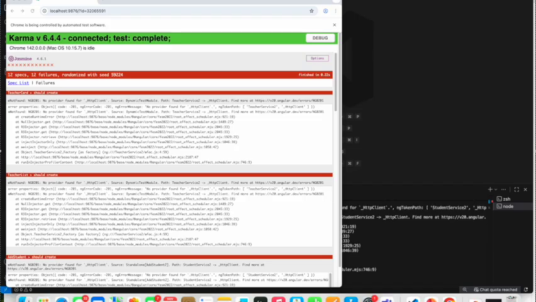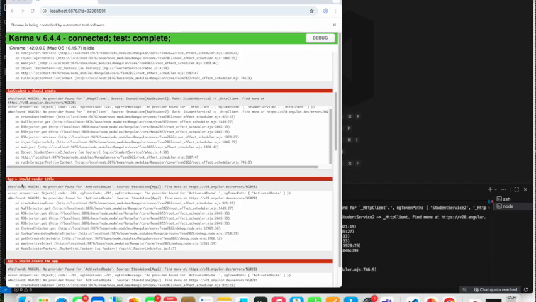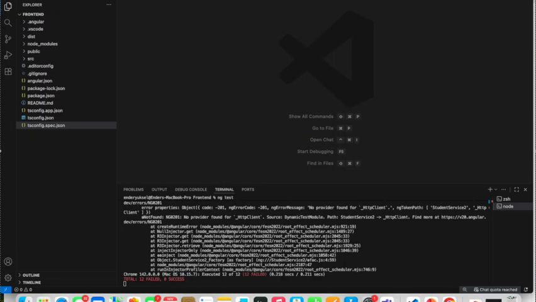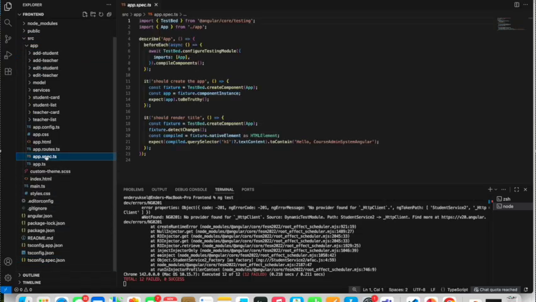Now we can see that we actually have 12 specs. Those are the spec.ts files. All of them failed actually. So now we will first try to fix our failing unit tests. We start with something super easy to fix. That's the no provider for activated route error. That's on